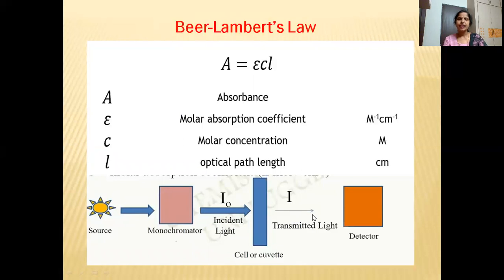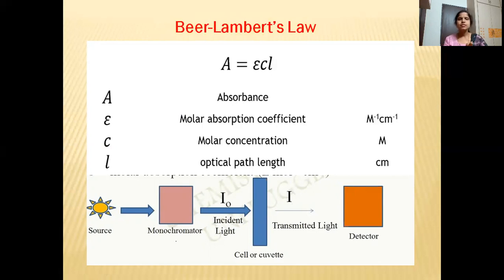out. And when you look at the intensity of the transmitted light, the intensity of transmitted light will always be lesser than the intensity of the incident light. That means the intensity I will be less when compared to I naught. And the transmitted light which is coming from the solution will hit the detector. Therefore, a signal is seen. That is the signal which corresponds to the absorbance or transmittance.